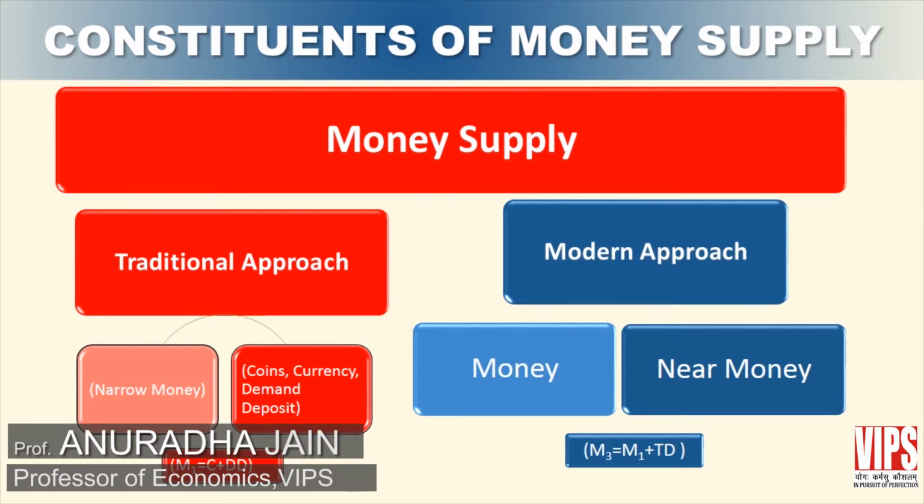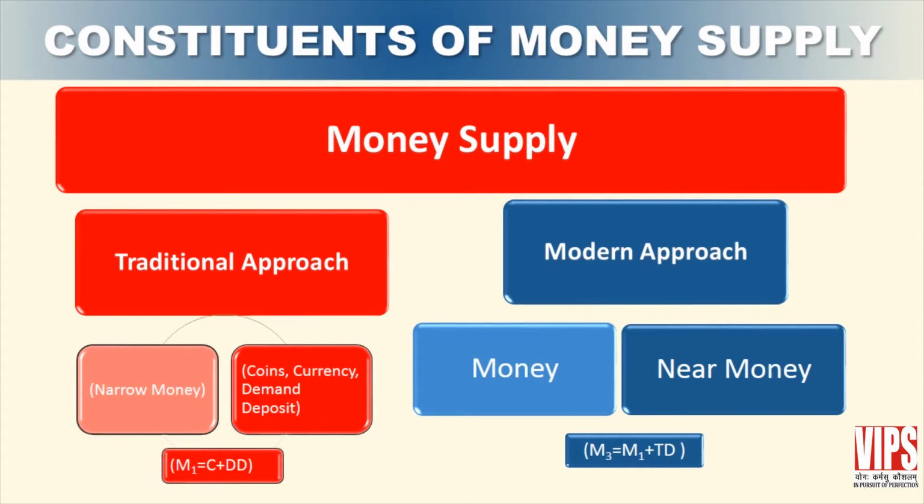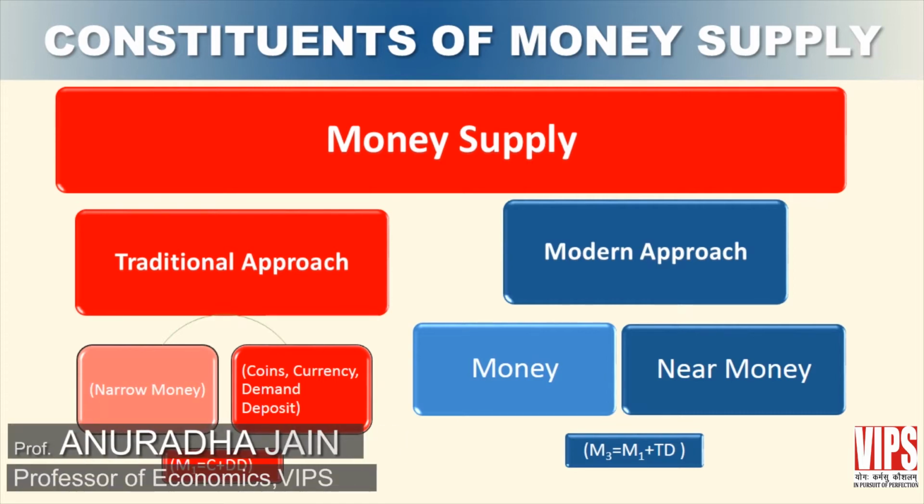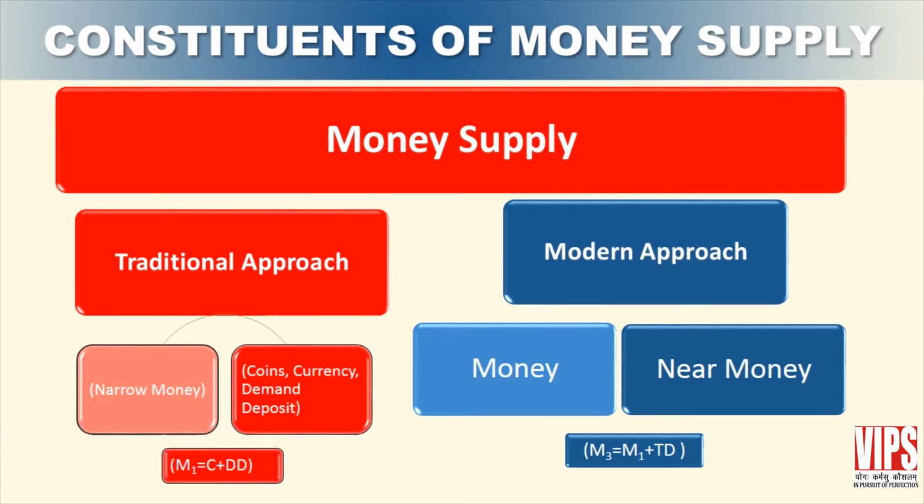So excess money supply may lead to inflation, and shortage may be the cause of deflation and economic recession in the economy. So measurement of money supply becomes all the more important. RBI makes the estimate of annual money supply in the country and publishes it in its various publications.